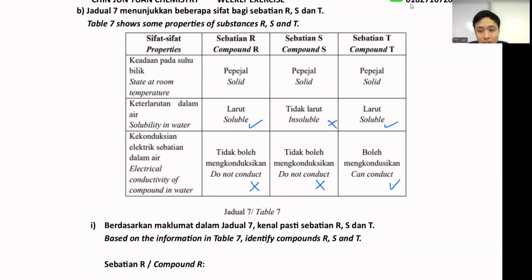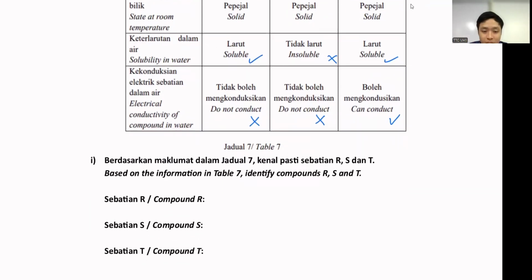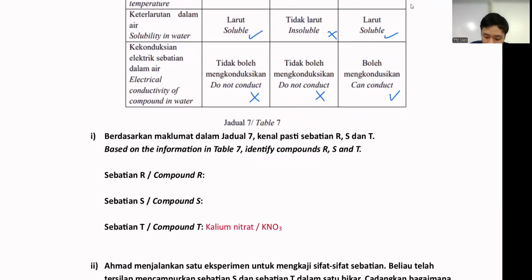Now, just remember that T can conduct electricity, which is already a very big hint. So soluble in water and can conduct electricity means T is an ionic compound. Isn't it very obvious? So if they ask what is T, you can already say anything that is